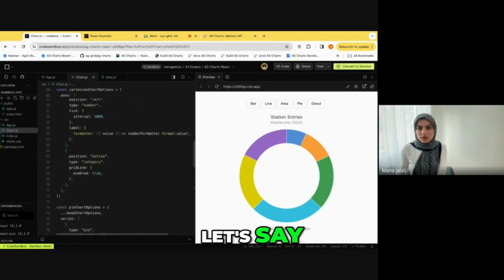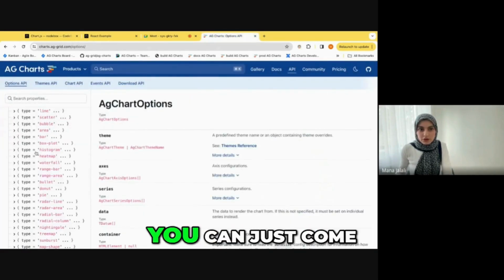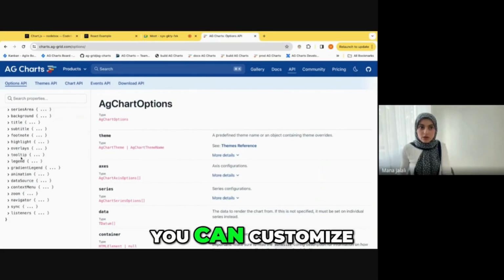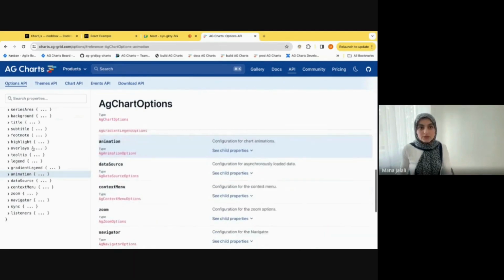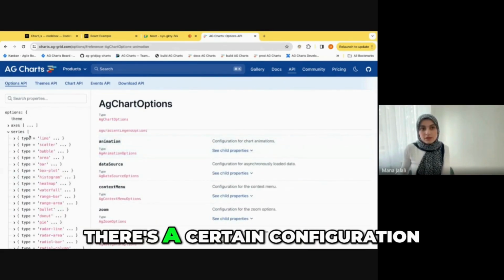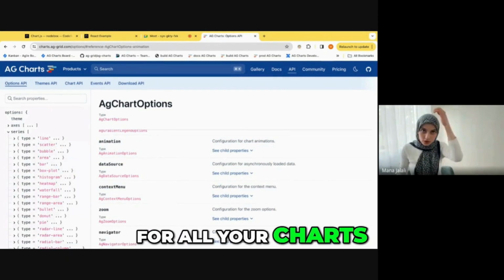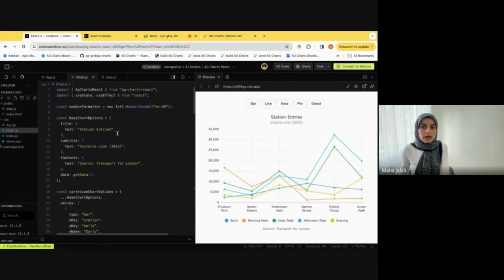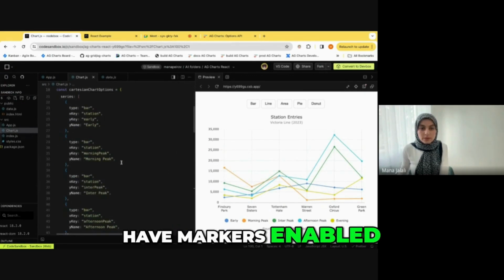And if you want to add any sort of configuration, you can just come here and look, where does it belong? Where can it go? For example, you can customize the tooltips, the legend, you can enable and disable features such as animations. And if there's certain configuration that you want to apply at a global level for all your charts, for example, let's say I have a line and I don't want to have markers enabled for the line,